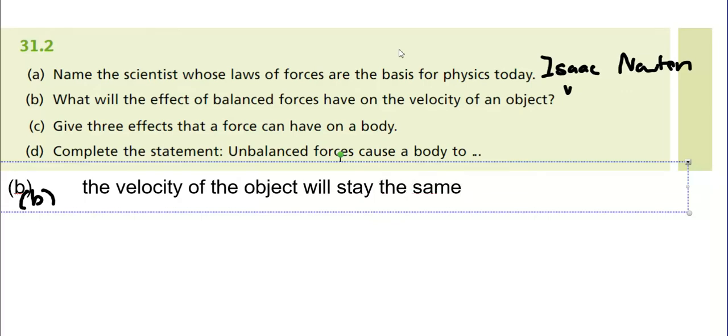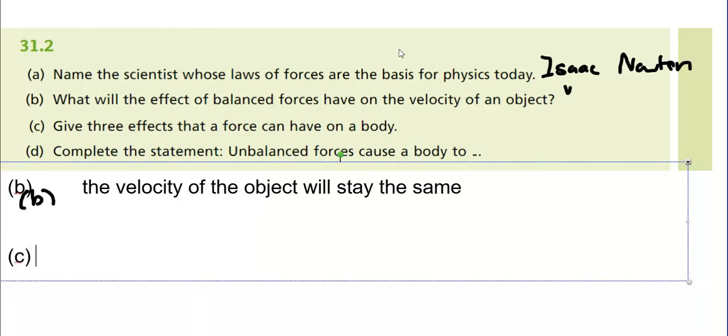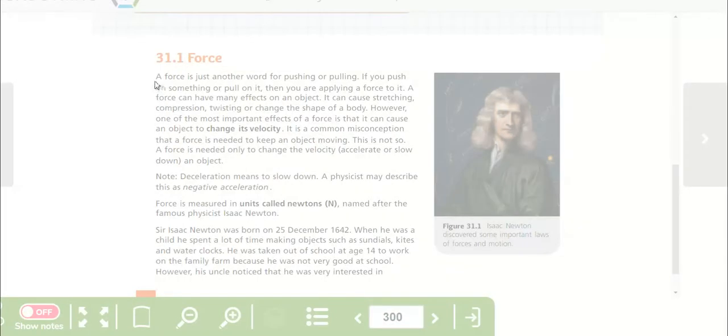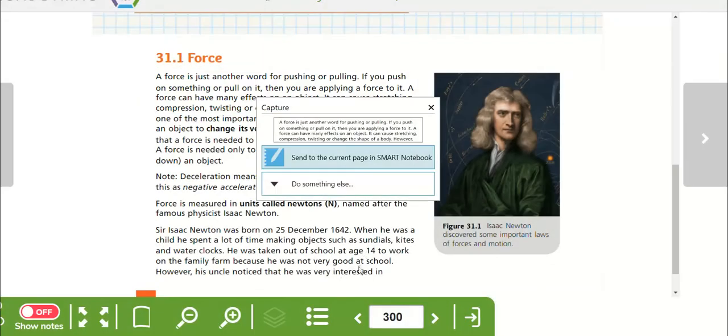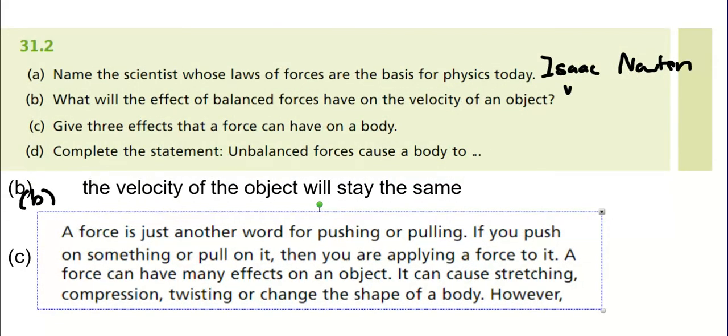Okay, all good. Give 3 effects that forces can have on a body. Well, I suppose we can look at the first part. There you go. It can push, pull. It can cause objects to stretch, compress, twist, or change the shape of the body. So basically, take your choice out of the first couple. Okay, so this one here is a good example of the answer you might go for. So the 3 parts we can take from this is,